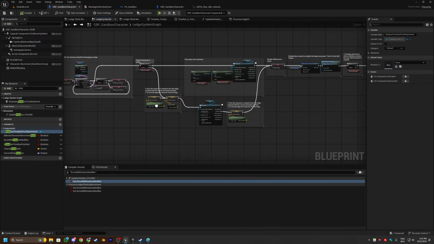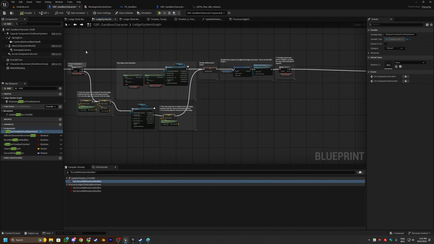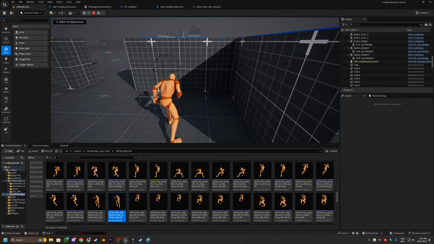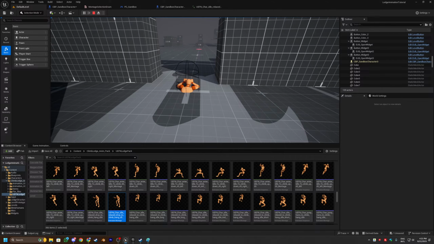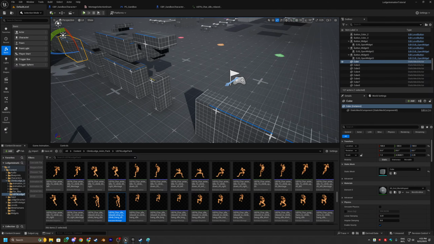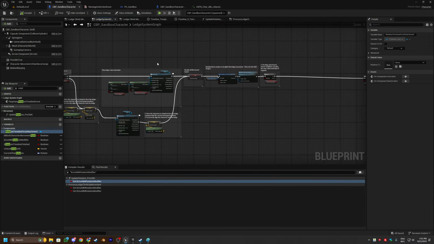I still have to separate the systems, because we use the F to hang on the ledge, and we use the same key to make that drop from box action as well. So thank you guys very much for watching, and I'll see you